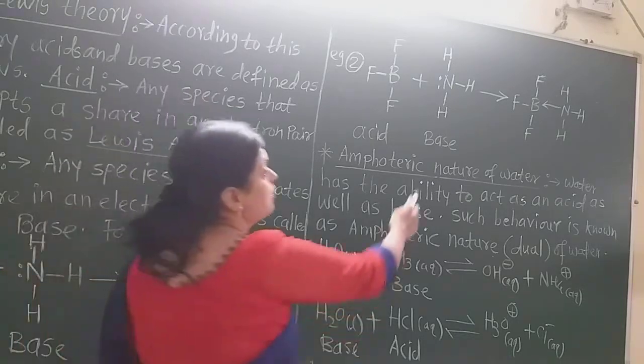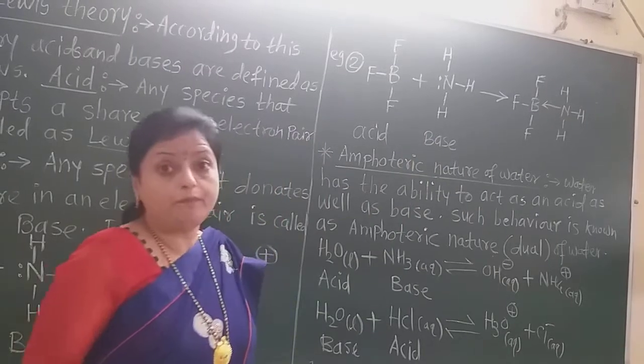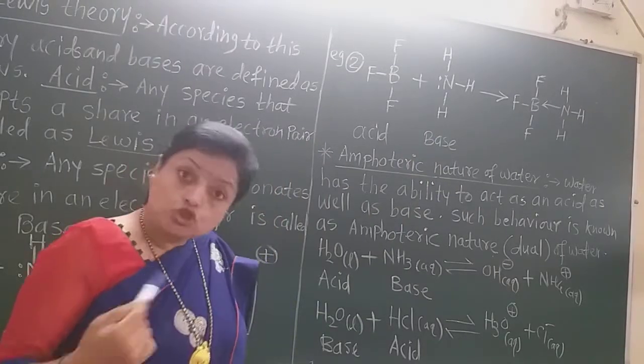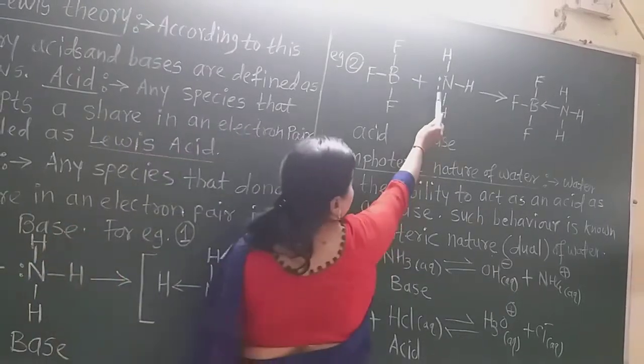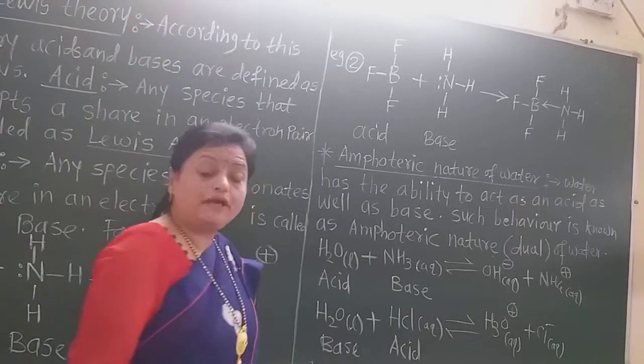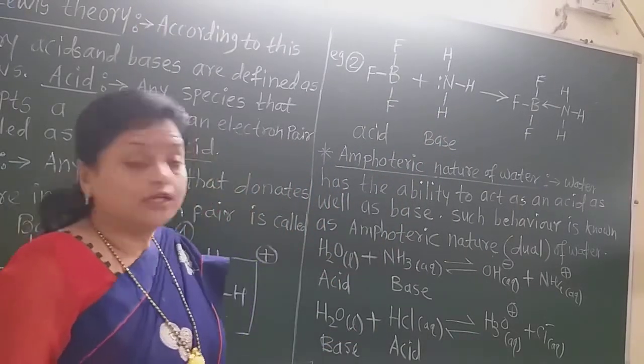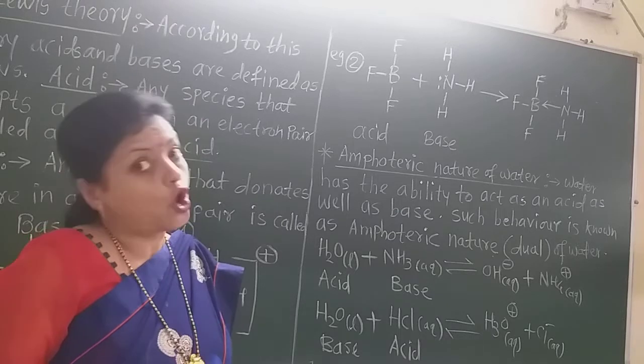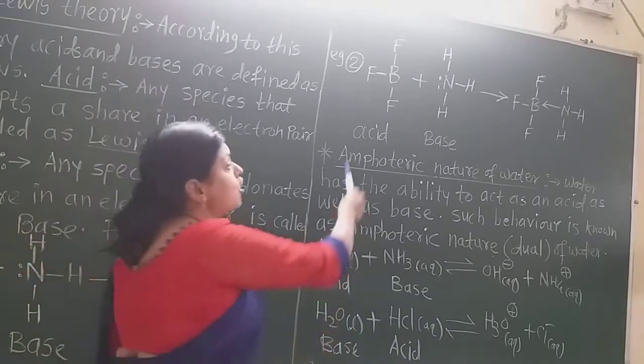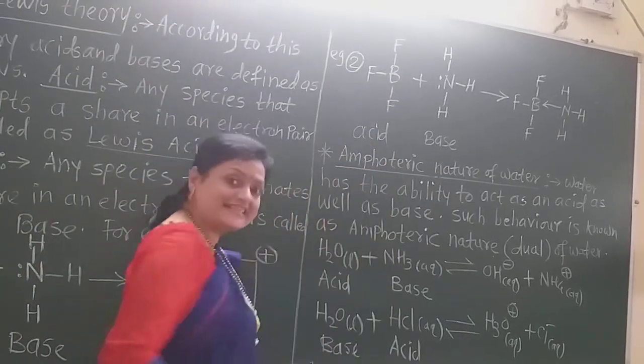And this is ammonia which has the lone pair on nitrogen. So this nitrogen can donate the lone pair to boron so that boron can complete its octet. So here boron trifluoride acts as the acid and ammonia